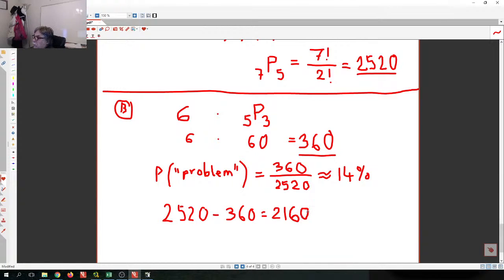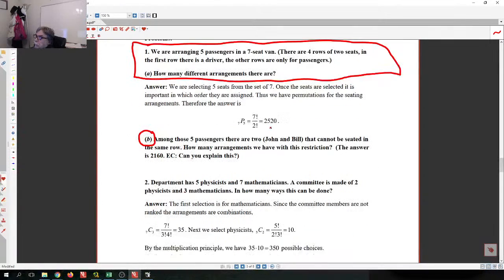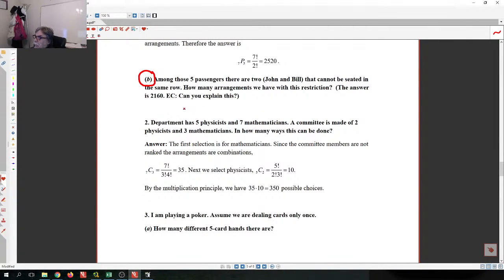Okay, that's the answer to this problem. Okay, let's go to another problem in the lecture. It says this one here, number 2. If we are going to assemble a committee out of